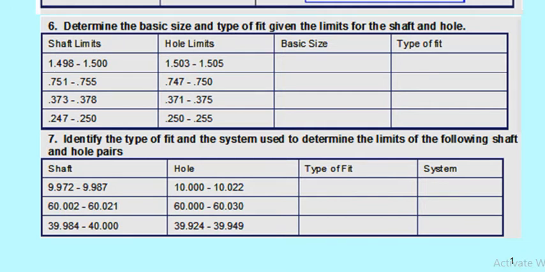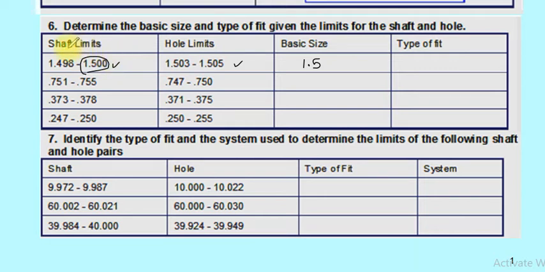Okay, moving on, we now have this kind of table in this problem sheet. In this table, you are already given the limits. So you have the shaft limits and the hole limits for each of the parts, and what you are required to do is write the basic size and the type of fit. The basic size is, as I said, always going to be the whole number in the sizes. So this 1.5 is actually my basic size,